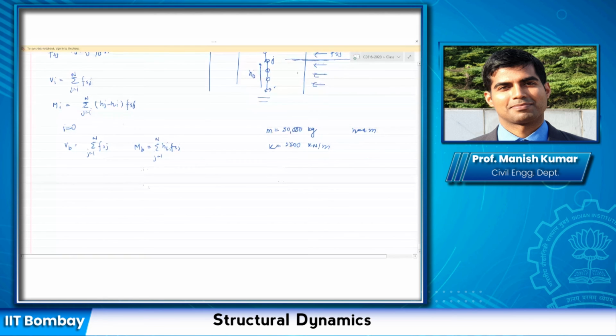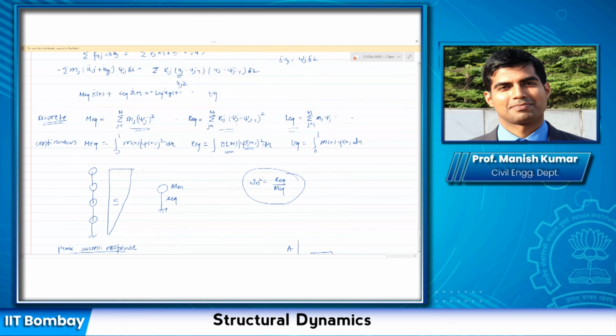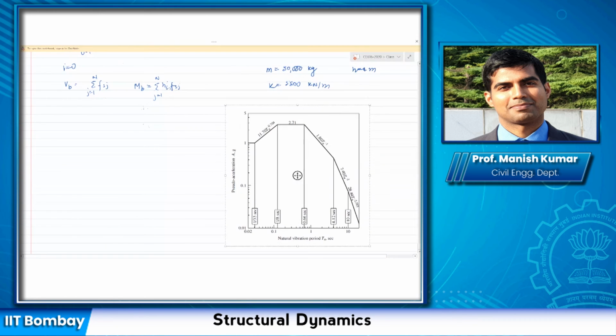And what you need to do, again utilize the same response spectra that we had discussed yesterday. So let me just go back to this and recopy this again here. You already have found out omega n, find out what is Tn. For that Tn, you have been asked to find out the base shear and the base moment of this multi-story building, subject to the ground motion represented by this response spectra, scaled to again the same 0.25 g.